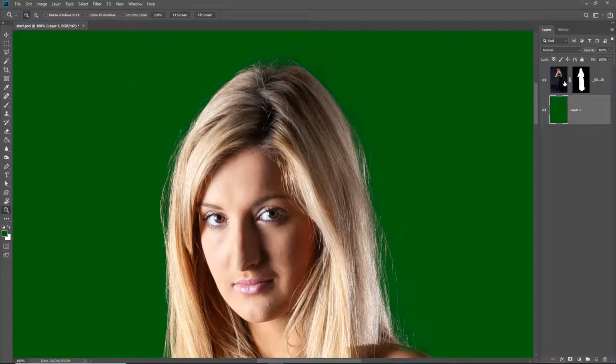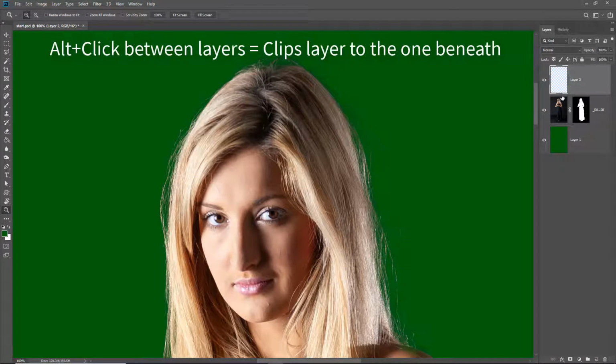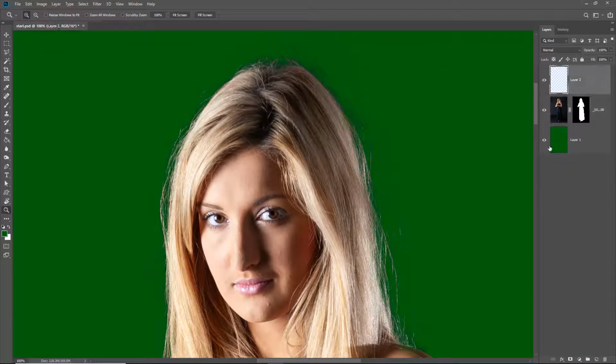Well, one of the ways we can deal with that is if we select the image we're working on and we create a new blank layer here, I'm going to create it above. What I'm going to do is to clip this layer to this one. Now to do that we hold the Alt key, and as we move over that line you can see we get a change in the icon, and when I click, and if you get it right, I'll hit Ctrl+Z, which I didn't get right. If you click, what it does is it clips this layer to this layer,